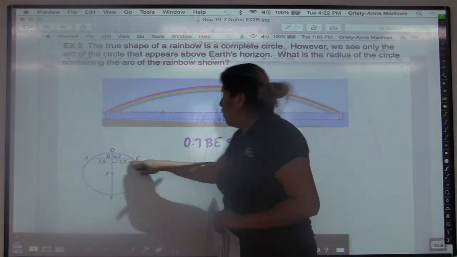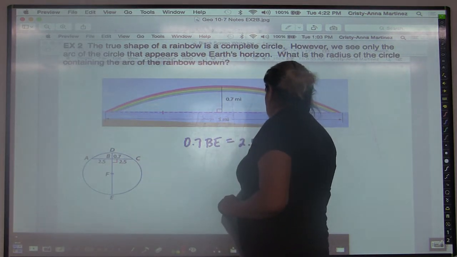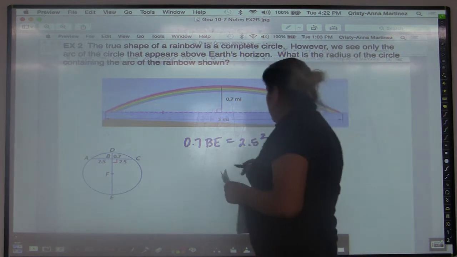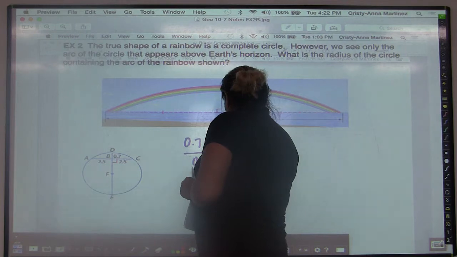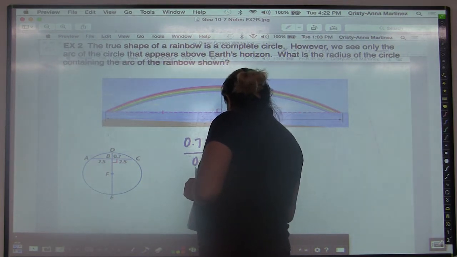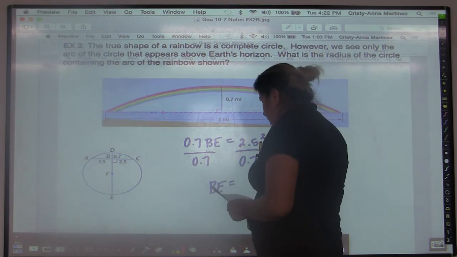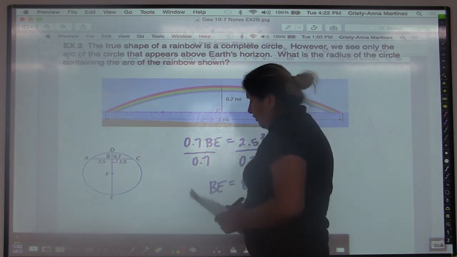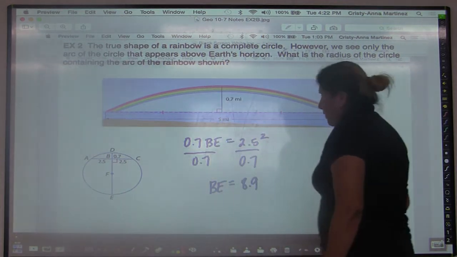And then on the other chord, you have 2.5 times 2.5, or basically 2.5 squared. So here you're going to divide by 0.7, and it turns out that BE is equal to 6.25, which is 2.5 squared, divided by 0.7, which is actually 8.9. So now we know the distance from B all the way to E is 8.9, but remember, they asked us